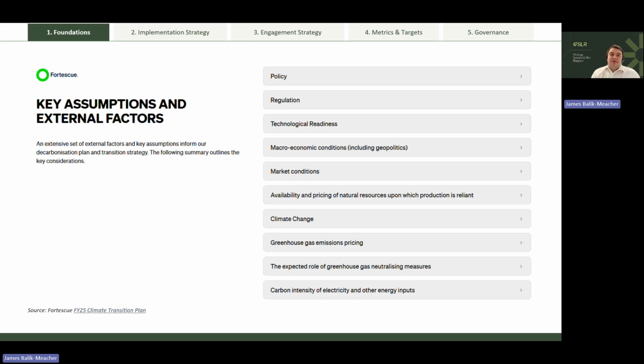The other thing that Fortescue do especially well is talk about the assumptions and external factors and those dependencies outside of their direct control. If you go into their report, you can click on each of these 10 things, and it gives you a long drop down of all of the things that sit underneath that. They talk about the policy environment that would be needed in order to enable the transition that they want.